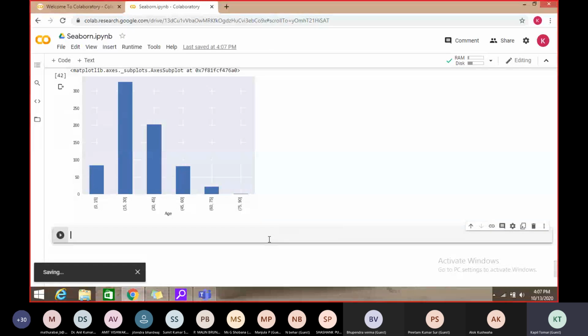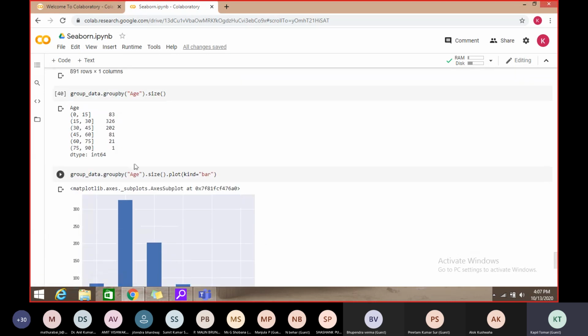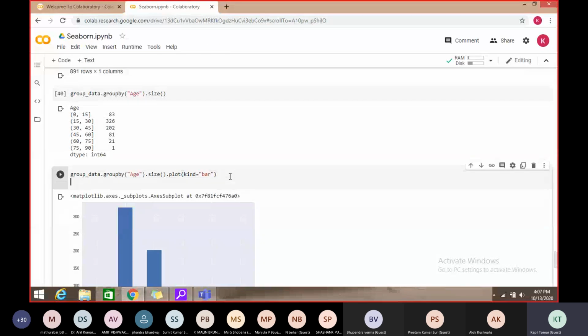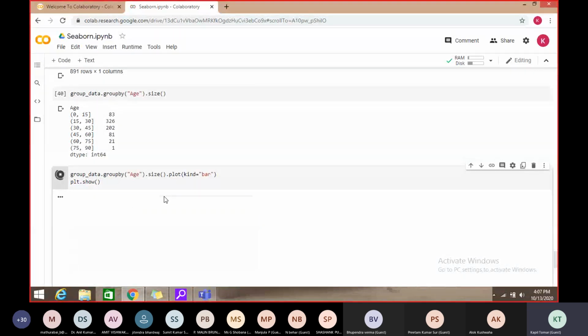Then again, on the same data, we can draw another type of graph also, right? Yes, we can plot by calling a function of matplotlib. We can call the show method also, so that it will be clear.